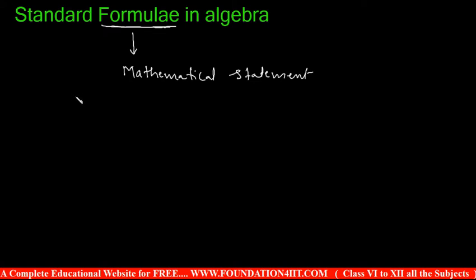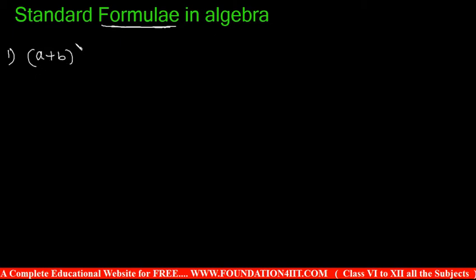So let us see directly some important basic formulas. Let me write directly all those which we require from this. All the important formulas I'll tell. Approximately we have around 15 important formulas from algebra. (a + b) whole square. All the basic formulas related to this I'll give now. (a + b) whole square is a square plus 2ab plus b square.